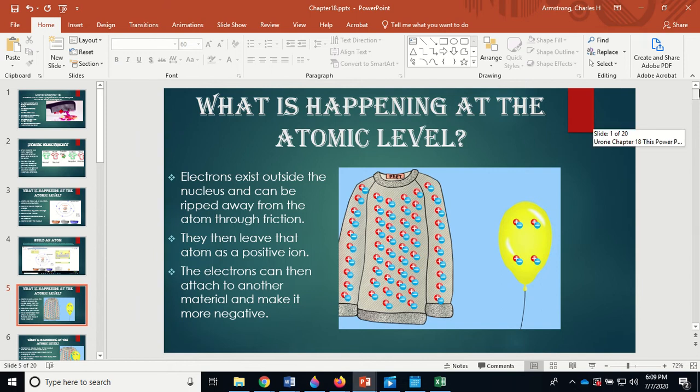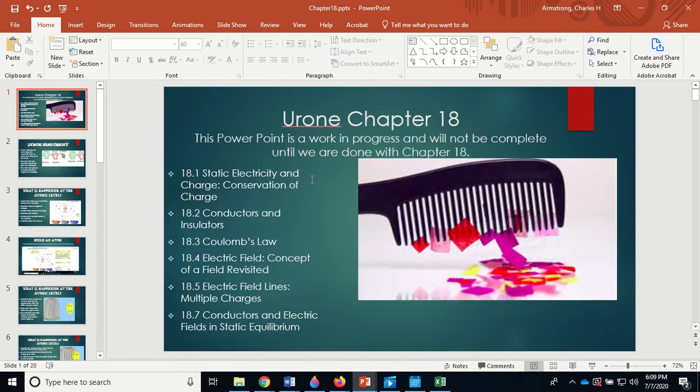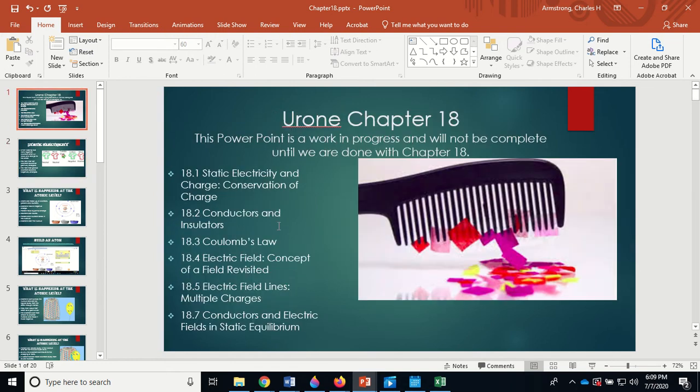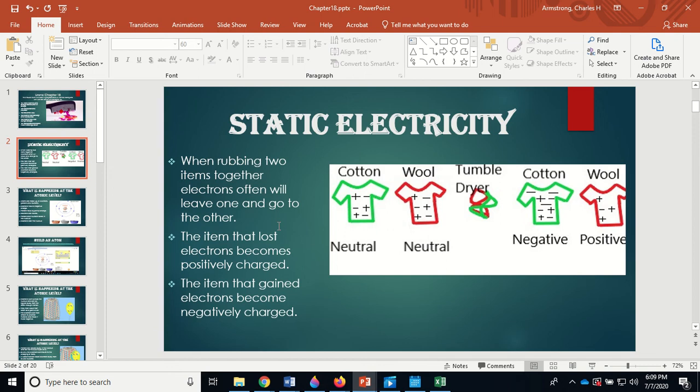Okay, so anyway, this is your own chapter 18, and we're going to go through the different sections: 18.1, 18.2, 18.3, 18.4, 18.5, and 18.7. So we start off talking about static electricity. Okay, now things rub together. When they rub together, one takes electrons away from the other one, and as a result, one becomes positively charged and the other negatively charged. Now, wool and cotton, for example, when they rub together,